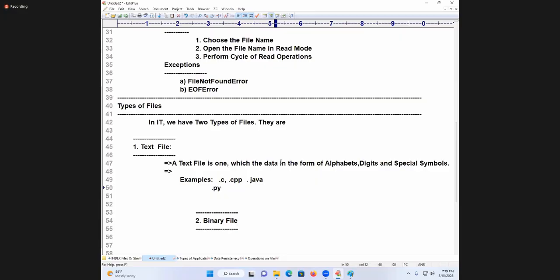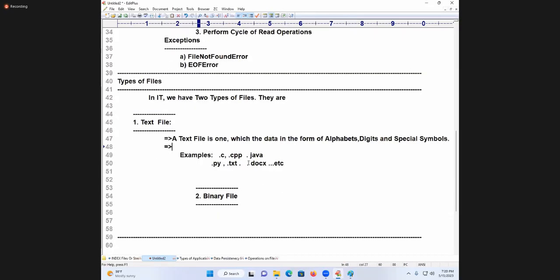They contain alphabets, special symbols, digits, etc. Next is called what? .txt file, .doc file, .docx, document files. Are you following me? Etc. These are all called what? Text files. Python file, C language file, C++ file, don't go to that classification. Overall, files in the industry are classified into only two.